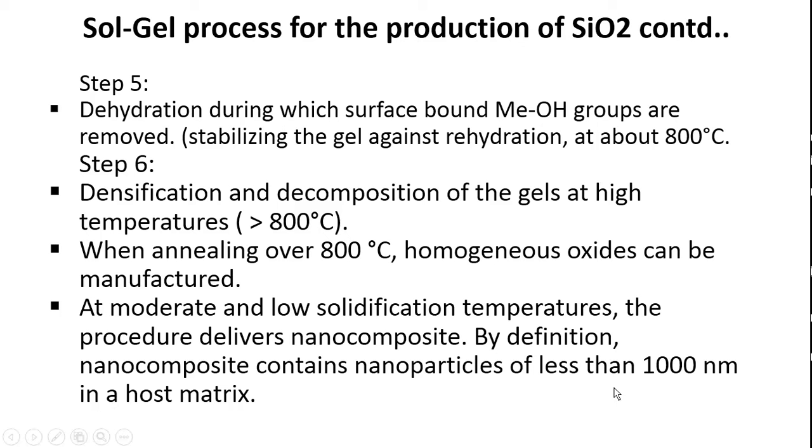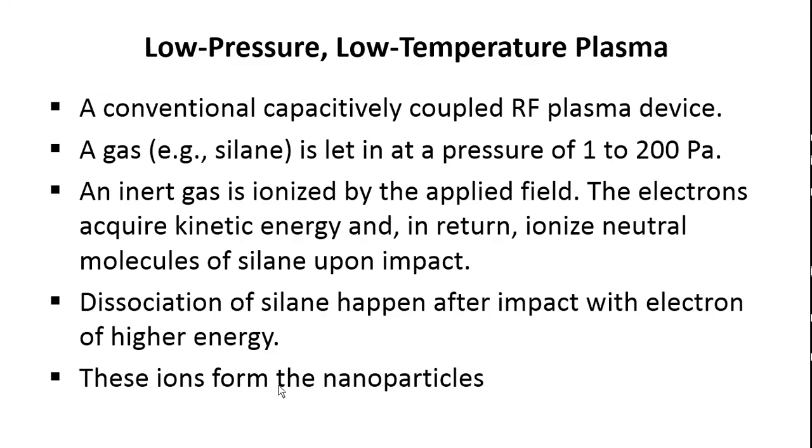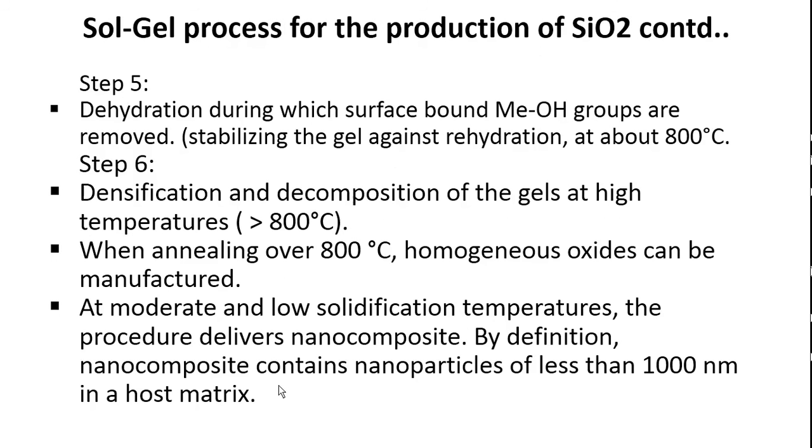I have given this particular size. By definition, a nanocomposite contains nanoparticles of less than 1000 nanometers usually. Okay, then this is the sol gel process. All these 6 steps make the silicon oxide possible, which will be available upon the surface of the wafer. So this is the process involved in producing silicon oxide using the sol gel process, and the detailed notes